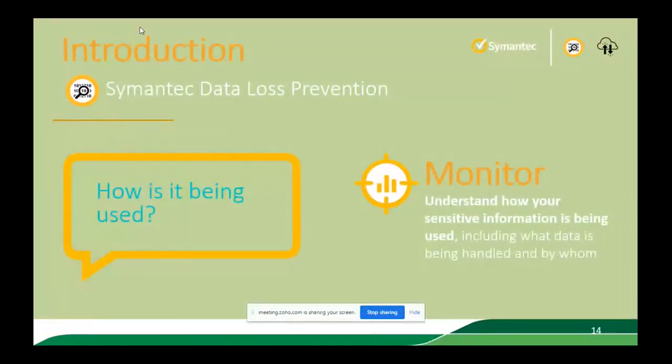So for example, are your employees sending the sensitive data to third parties? And if they're sending it to third parties, are they authorized? Also, if they're sending it even internally, these files internally, who are they sending it to? For example, financial records or payment, for example,